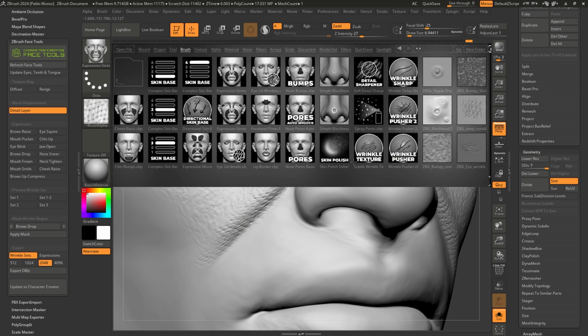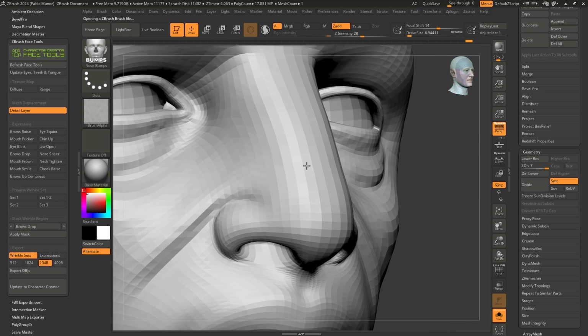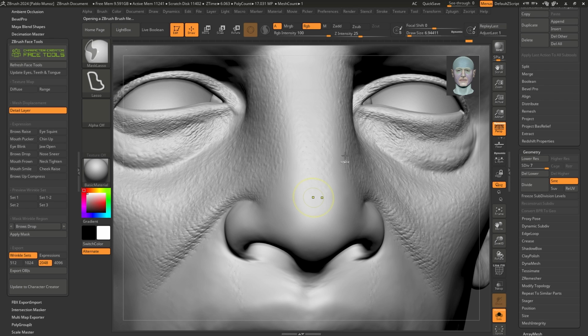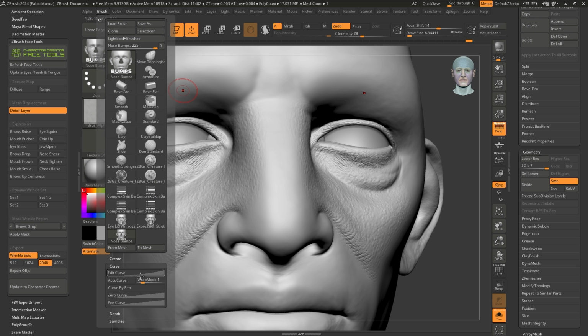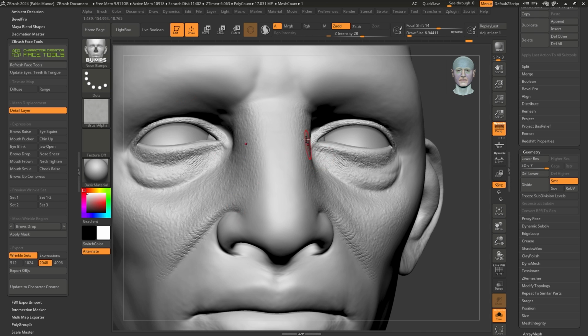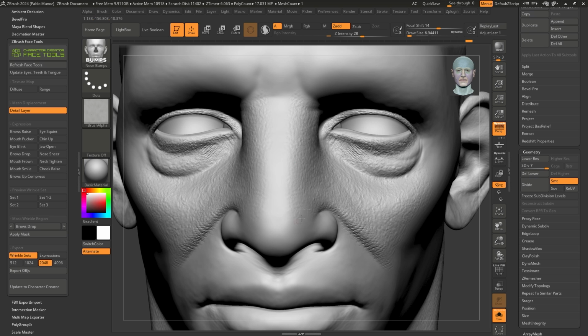And in the same way, we can go ahead and maybe add some pores for the nose. So I'm gonna double click on that one. And also maybe at this point, let's add some pores around here. Oops, again, I keep forgetting. It's important to remember to set these brushes to 0 if you use them. All right, so I'm just adding some pores around the nose area. At this point that I'm getting to the center part of the head, I'm gonna turn off symmetry so we get something a bit more realistic. All right, so we have some pores. Let's go ahead and smooth that out.